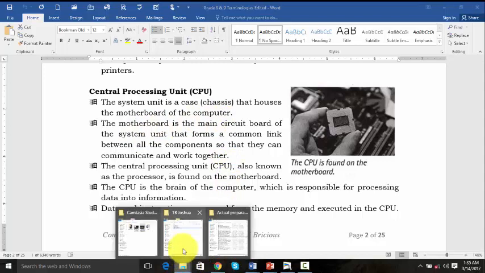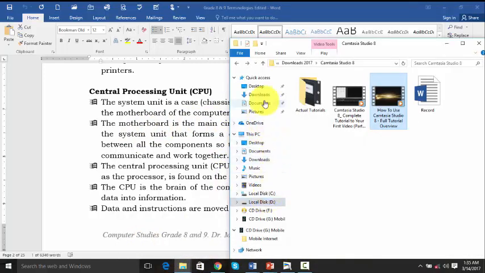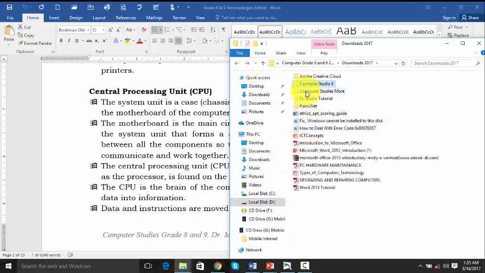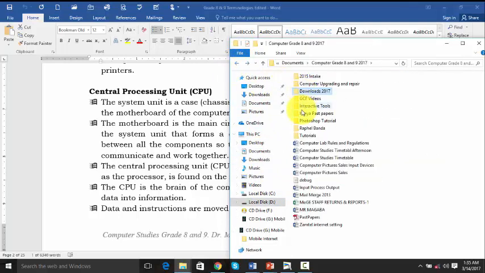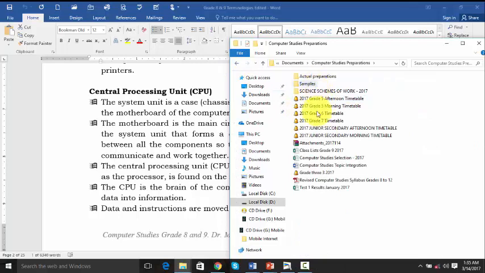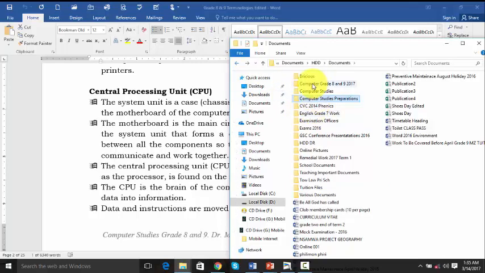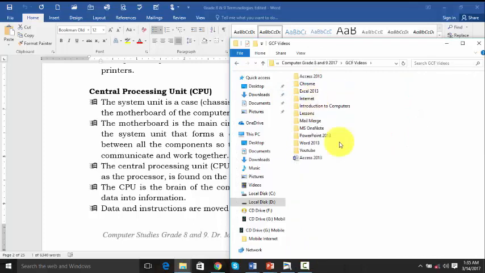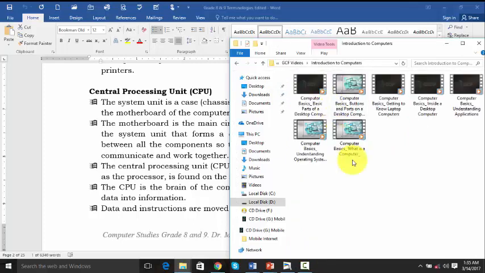For us to understand this, we need to look at something like this for the central processing unit, because some people say the central processing unit is the system box. We need to understand it in this way. We are going to check on something here where we are looking at the system, the central processing unit. Is it in here, among the parts of the computer? Let's see first.